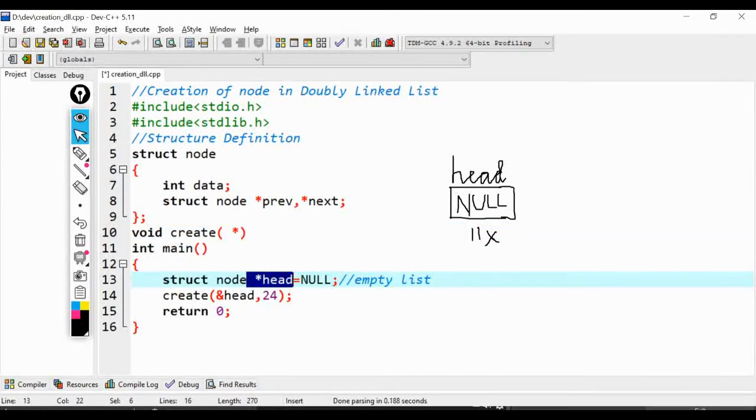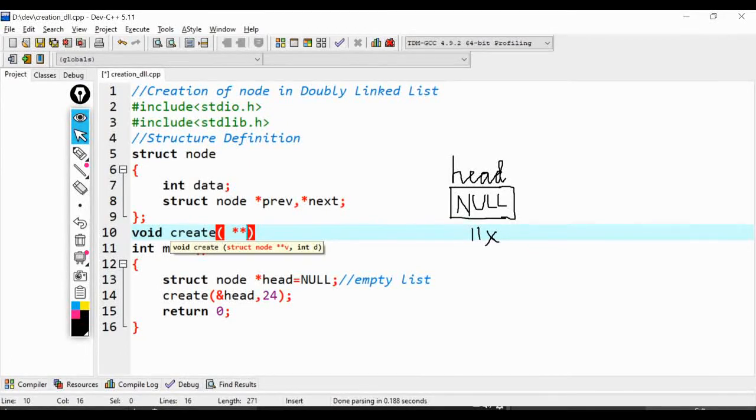Also, head itself is declared as a pointer variable here, so here it is pointer to pointer in the function definition. Let us assume the variable as v. This should be of type struct node. And the second parameter is an integer value, so int val to receive 24.